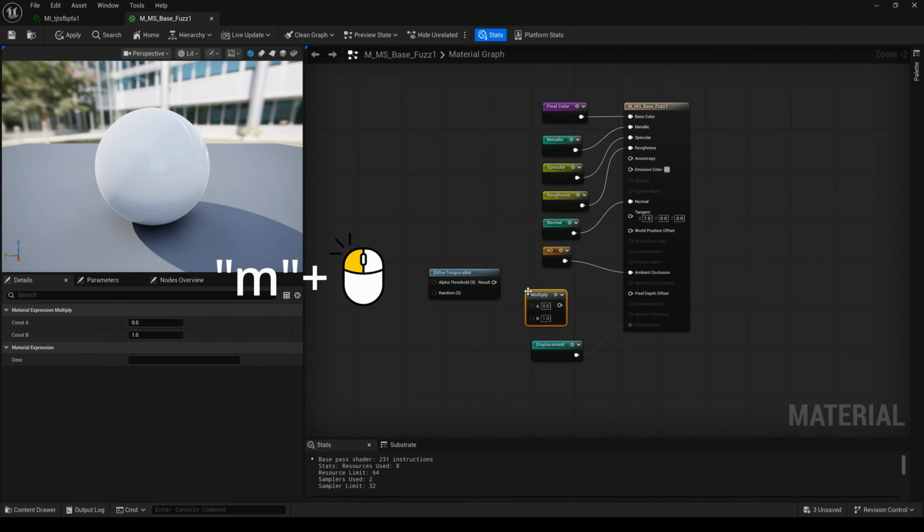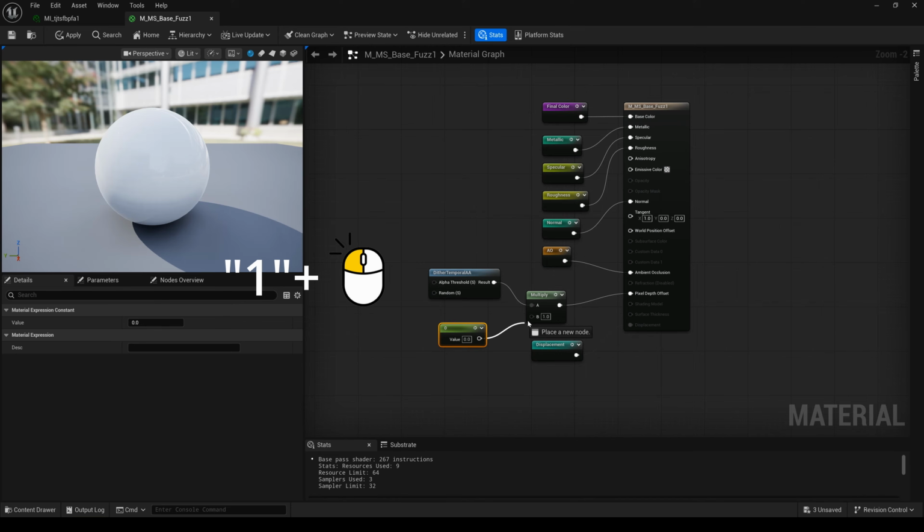press the M key and the left mouse button. Next to the pixel depth offset, press the 1 key and the left mouse button and change the value. Apply it, save it,